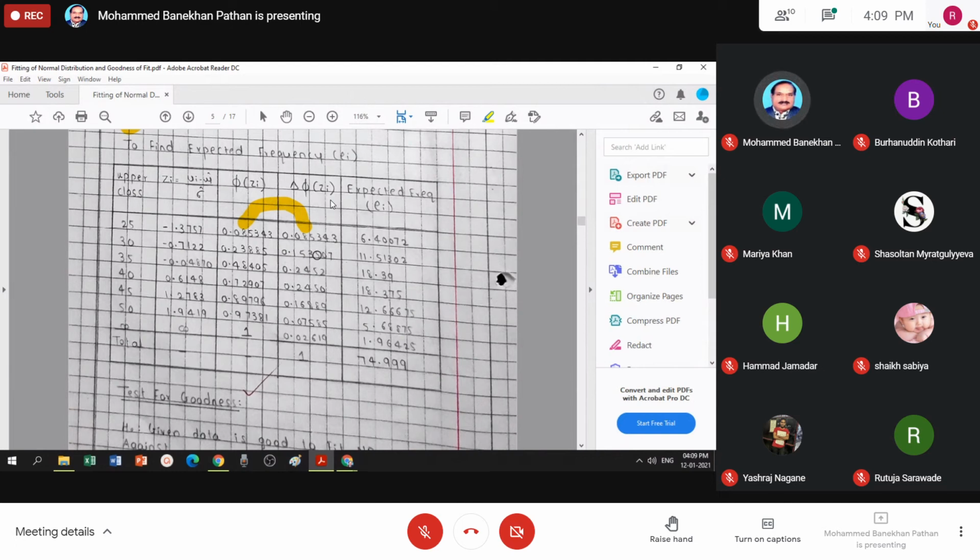How to get the second number? 2 minus 1 in front of 2. 3 minus 2 in front of 3. And so on. 1 minus this will be in front of 1. Total of delta phi Zi should be 1 because we have adjusted the complete range of normal distribution.